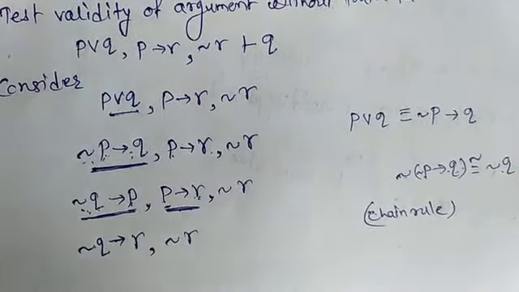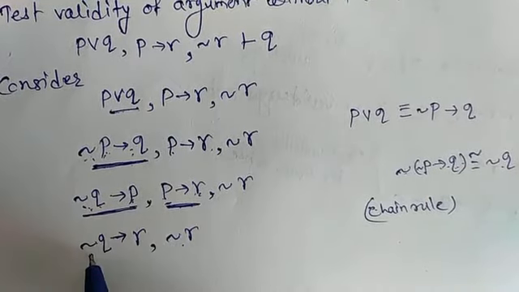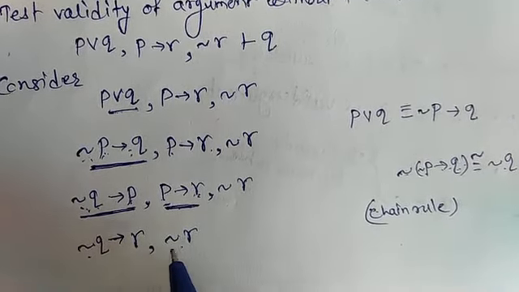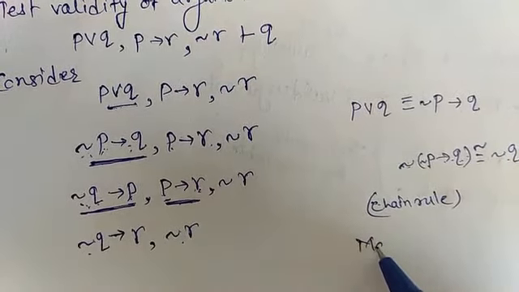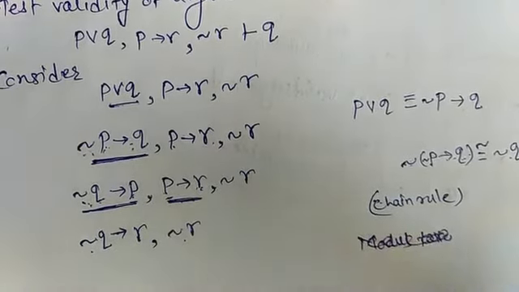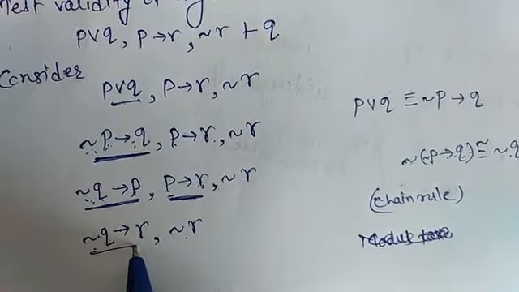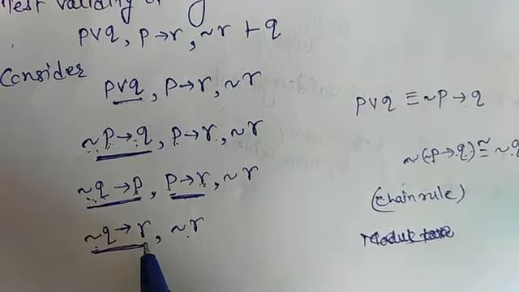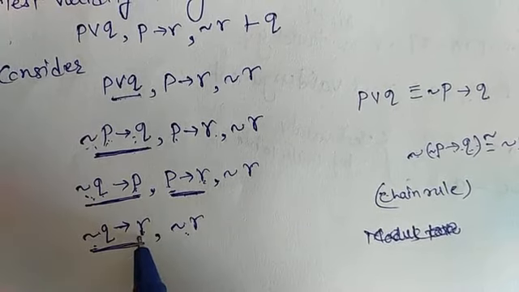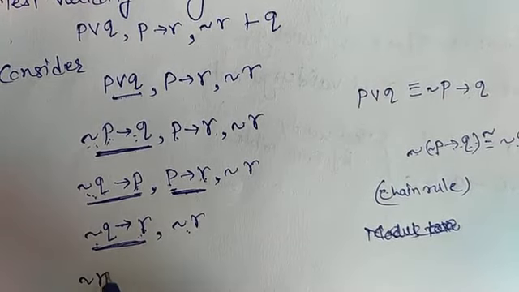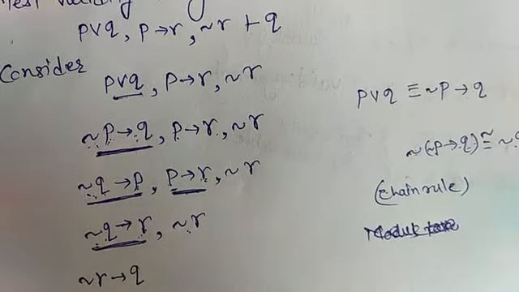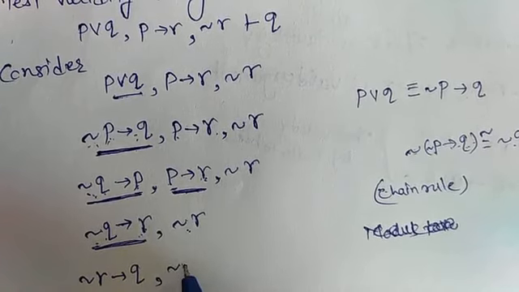Now here it is negation R and here it is negation Q implies R, or you may use the Modus Tollens rule directly. Okay, we will check that next. Here we will take the negation of this, it will be easy. Here it is R and applying negation on this, it gives us negation R implies, by double negation, Q, comma negation of R.